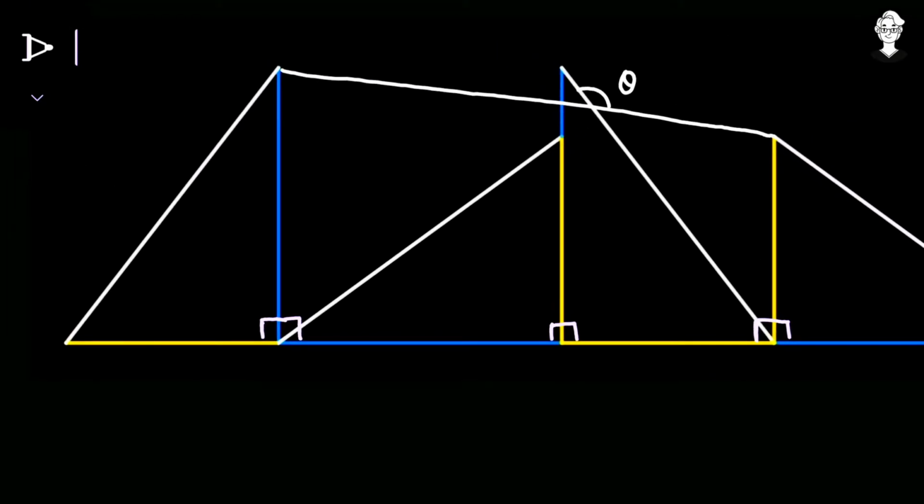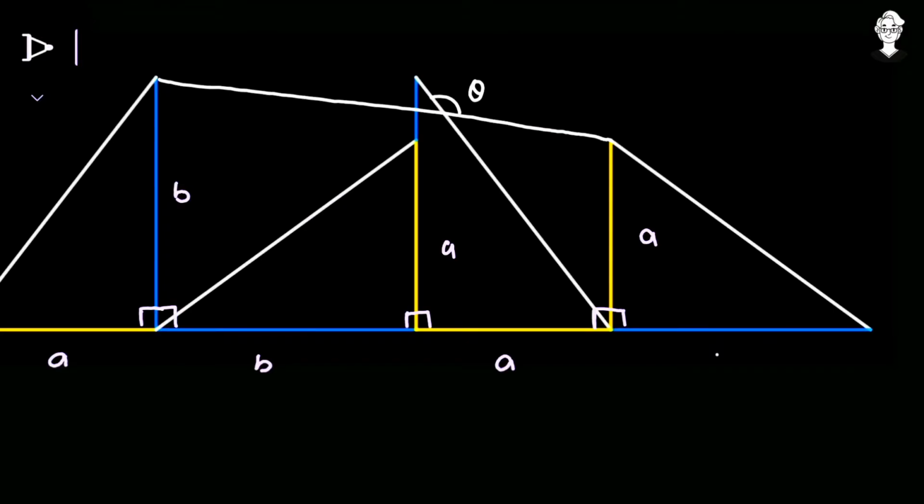Okay. Now let this yellow, that is the shorter length of this right angle triangle, be equal to A. So all this yellow becomes the length A, and the other one let it be equal to B. So the blue ones become B. So this is B, this is B. This complete length, that is from this point to this point, is going to be B, and this is also going to be equal to B.